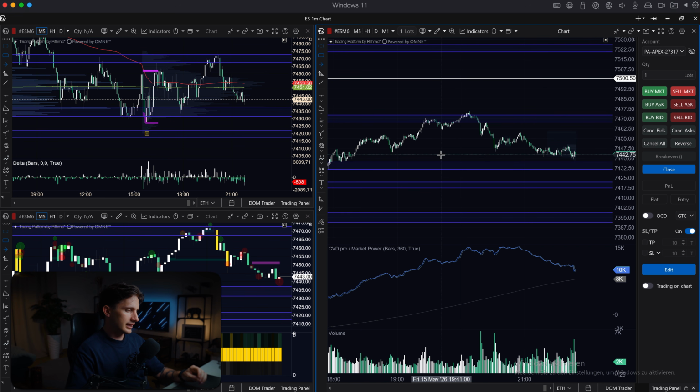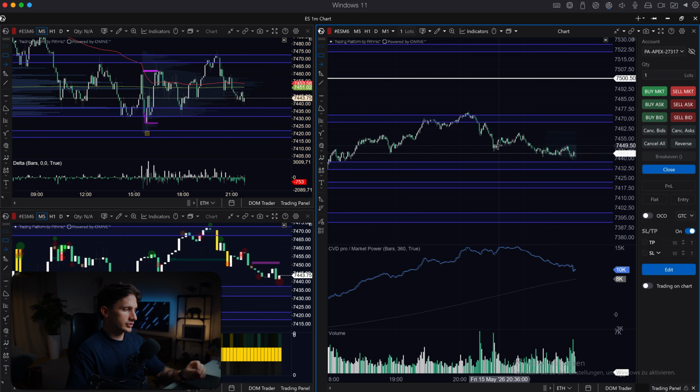What you need to understand is that this template is not the holy grail. You need to learn order flow, you need to learn volume profiling. If you're not doing this, then this template is completely useless for you. But right now I will quickly go over the template and then I will show you one or two setups